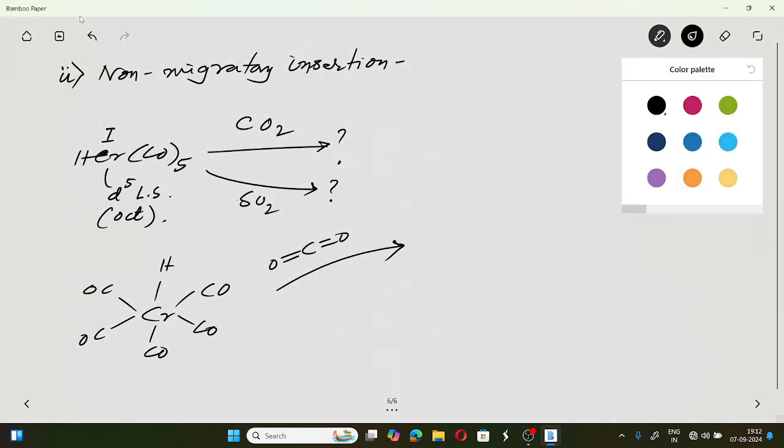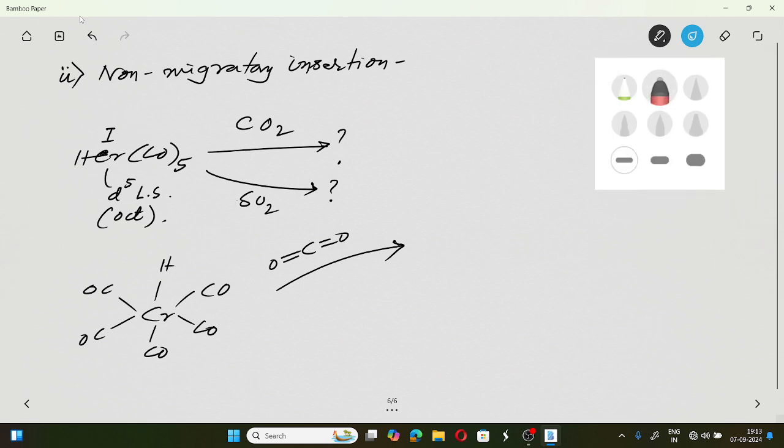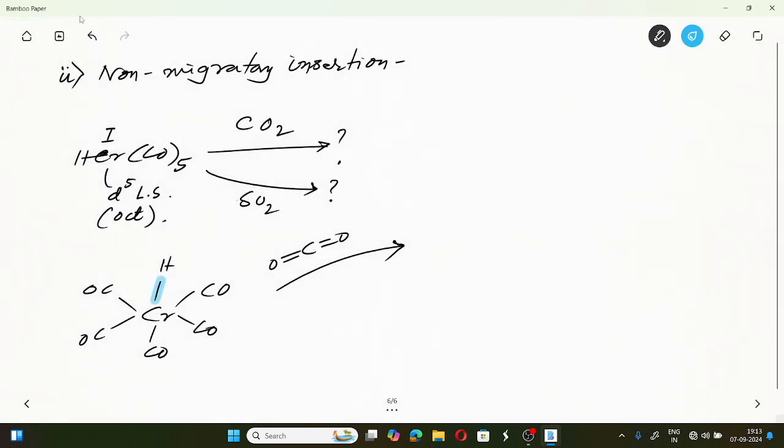So what happens, এই হাইড্রাইডটা, this carbon dioxide rather will be inserted between chromium and hydrogen. মানে আমরা বলতে চাইছি যে এই ক্রোমিয়াম আর হাইড্রোজেনের মধ্যে this CO2 will be inserted. কিভাবে ইনসার্টেড হচ্ছে? দেখো এই Cr, এই কার্বন মনোক্সাইডগুলো যেরকম ছিল,